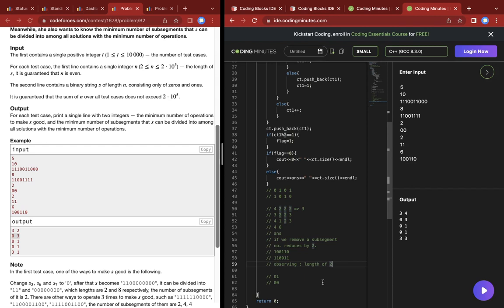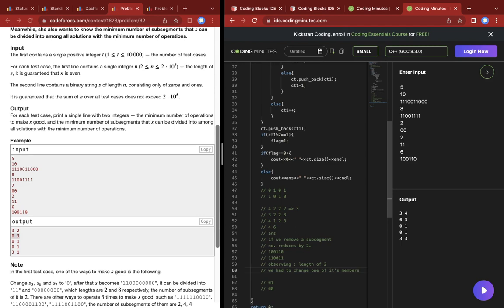The reason being, and also a condition that we had to change one of its members plus, and we had to add a member to it from the end,